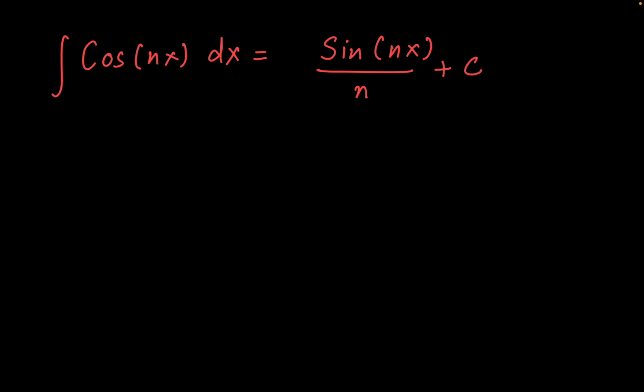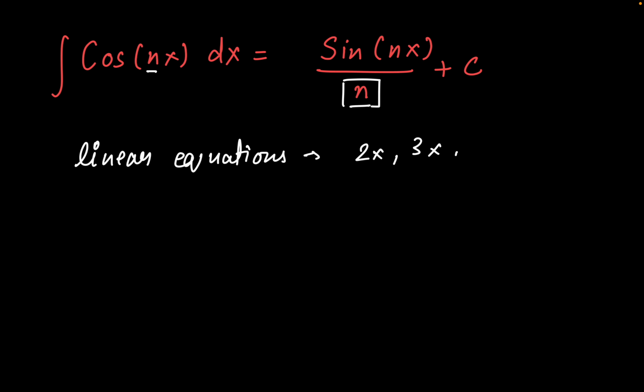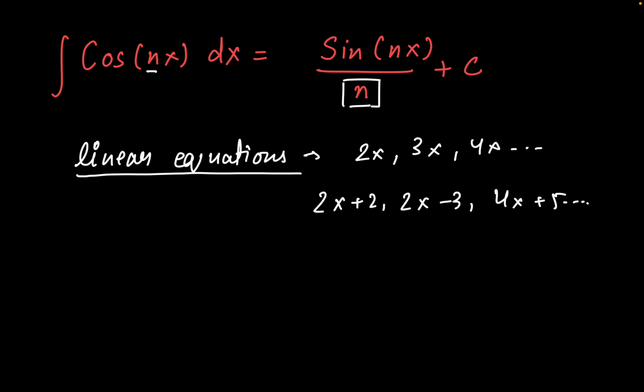So we can straight off write this, as this n or constant will come in division over here, but this will be only applicable if we have a linear function. So what are examples of linear expressions? Let's just say 2x is linear, 3x, 4x, and so on. Other examples can include 2x plus 2, 2x minus 3, 4x plus 5, and so on. So if we have these types of linear expressions, then only we can apply this